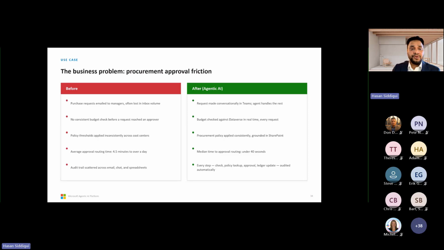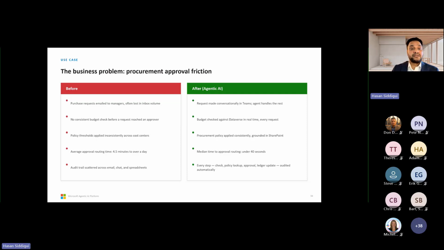So you see the difference before agentic and after agentic. Before agentic, a purchase request email goes to a manager and is often lost in inbox volume, because a big organization gets more than 200 to 300 purchase requests daily.